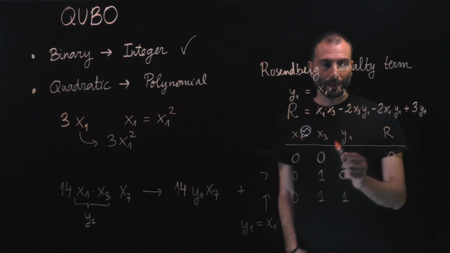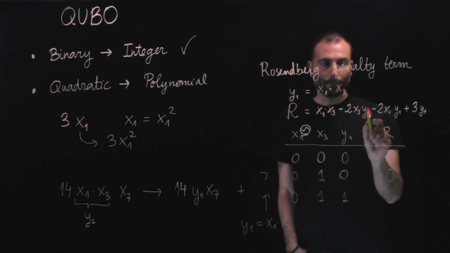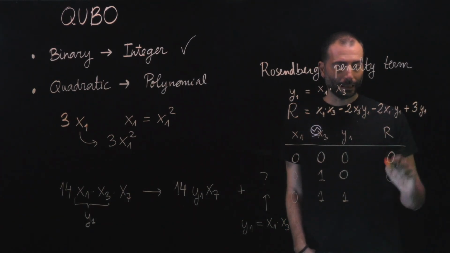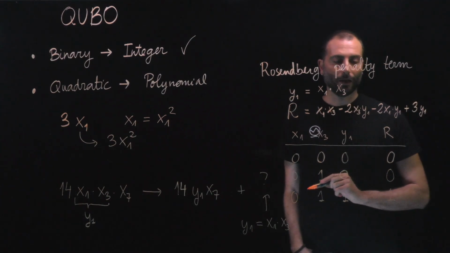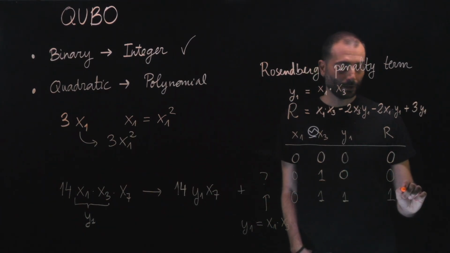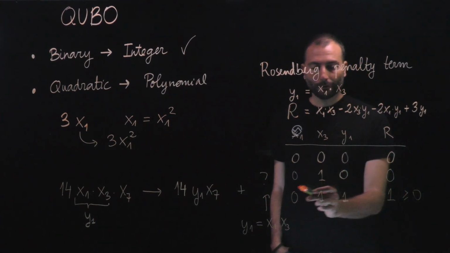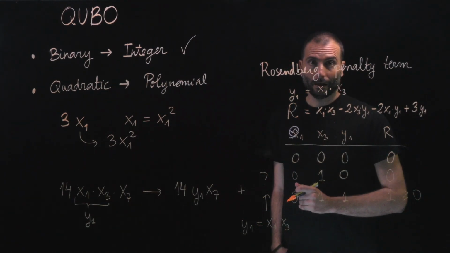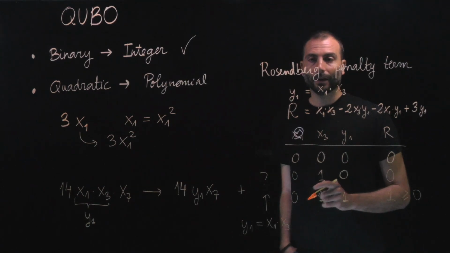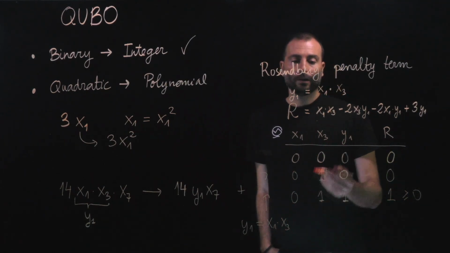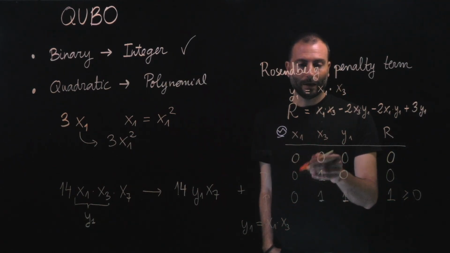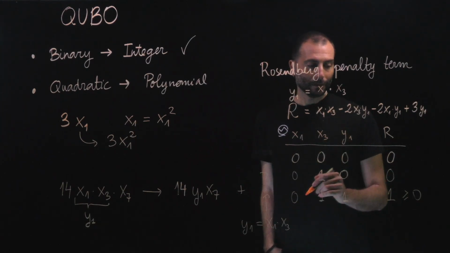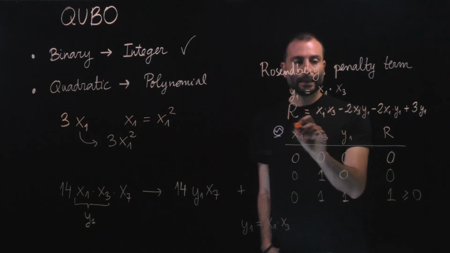In this case, we would have this minus 2 plus this 3 with the contribution of 1, which is positive. And therefore, this configuration will be forbidden in the solution. So we could check all the possible values for x1, x3, and y1, and we would see that adding this penalty term